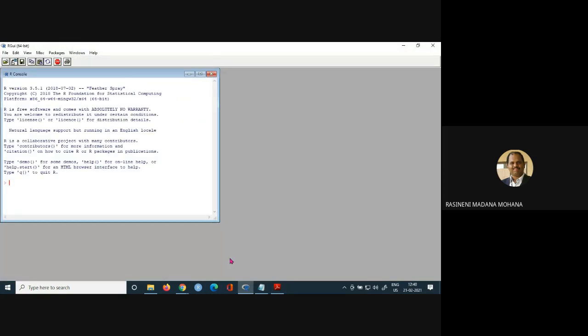To make smoothing of the curve, you can use the scatter.smooth command.